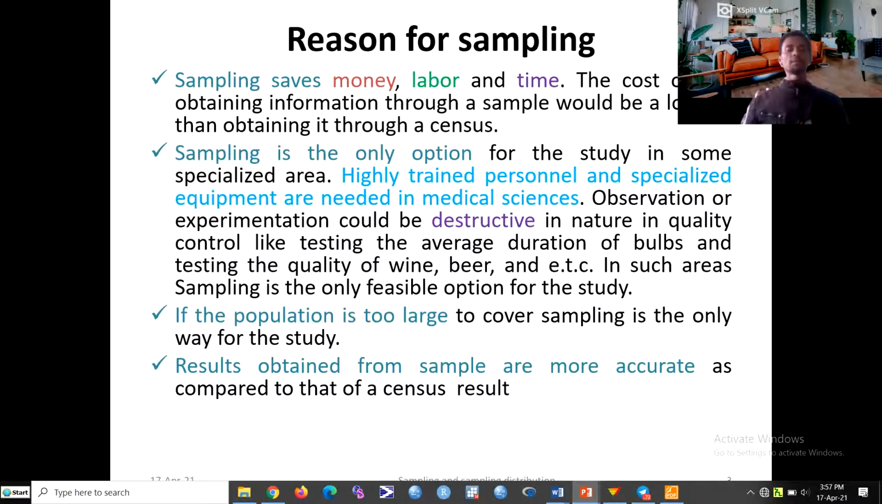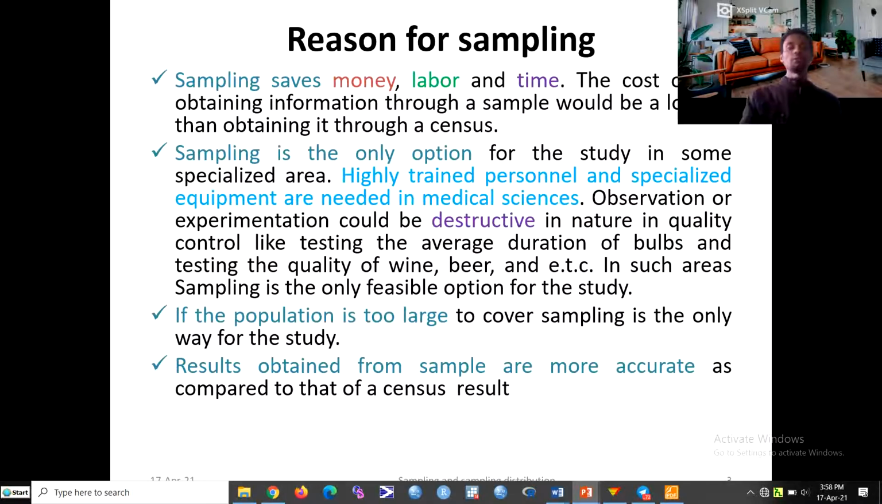What may be the other reason? The other reason may be your population is too large or very huge to cover, so sampling will be the only way for the study. And sometimes results obtained from the sample are more accurate compared to those of a census. Why? Data obtained from the entire population may be very huge and difficult to manage, and just collecting information from the sample, if they are a good representative of the population, may be very good or accurate